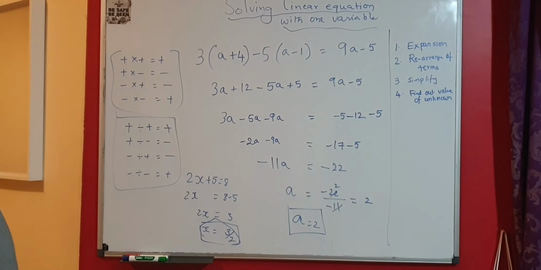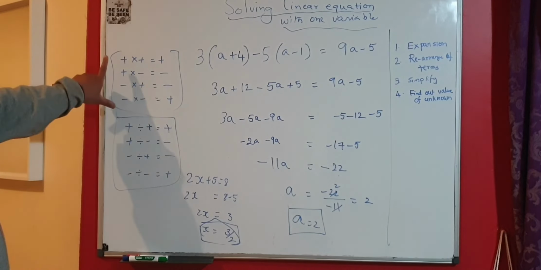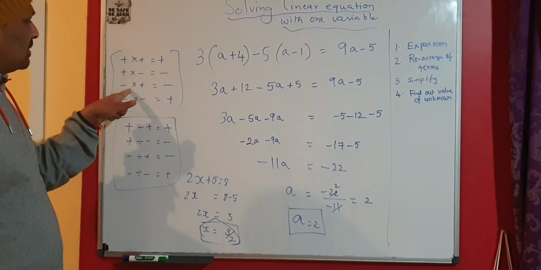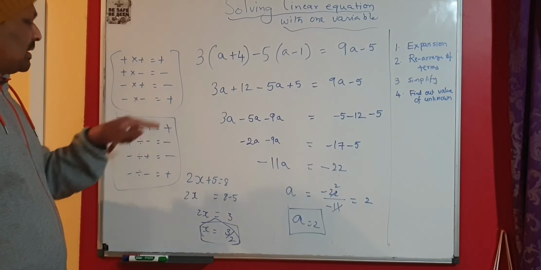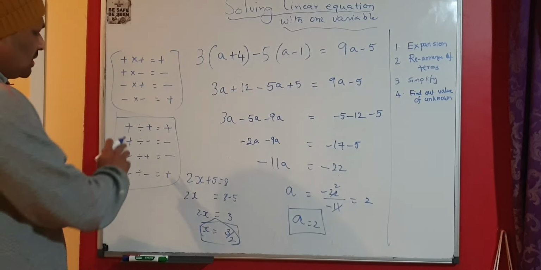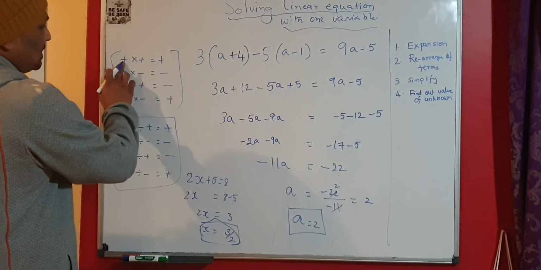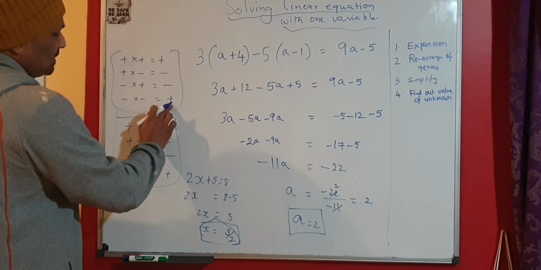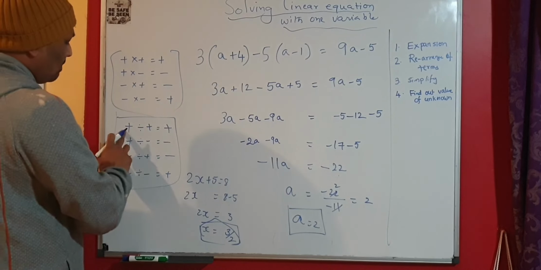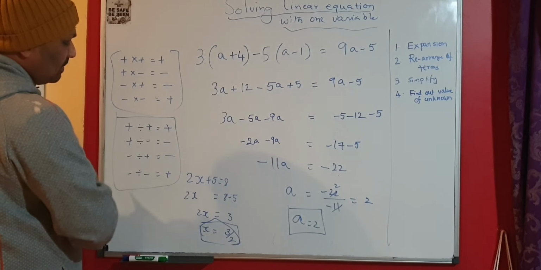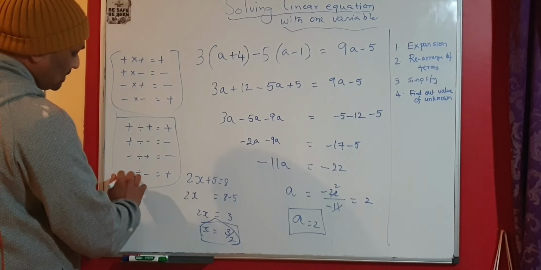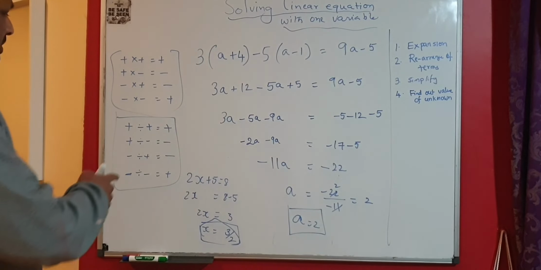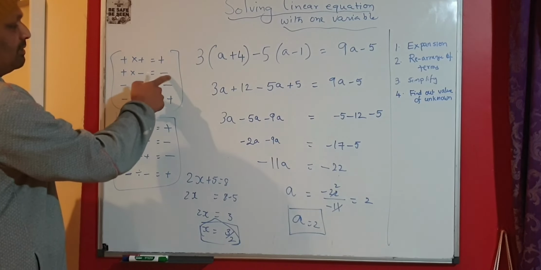Plus into plus is plus, plus into minus is minus, minus into plus is minus, minus into minus is plus. These are the basis of algebra. Similarly, for division, if both are the same symbols, you will get a plus. In both these cases, both are the same. Whenever you have both same symbols, you will get a plus. That's the easiest way to remember. See here also, minus divided by minus, both are the same. That's why you got a plus. And if there are opposite symbols, you get a minus. That's a simple way to remember this.